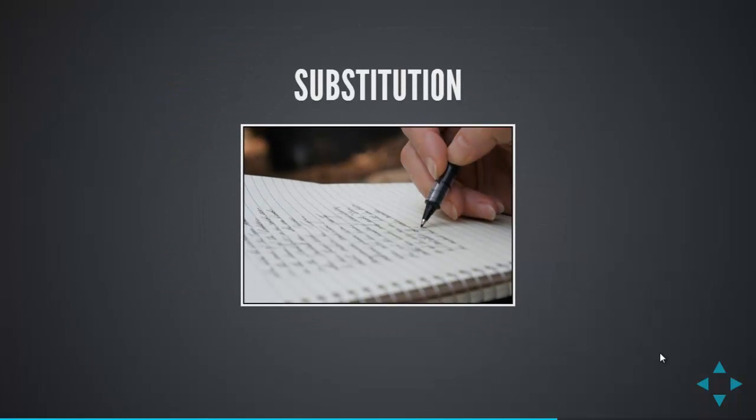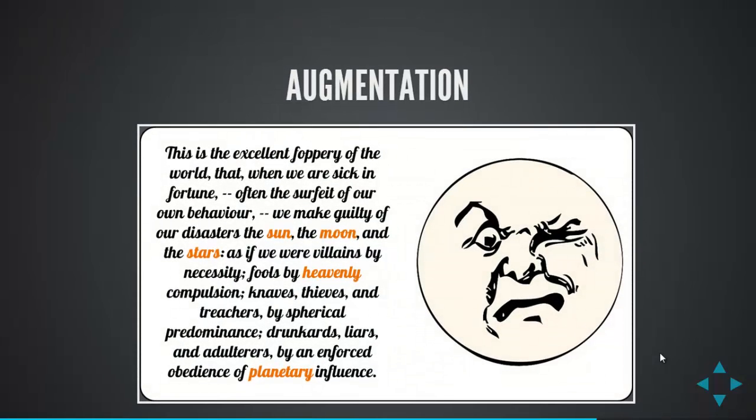So we talked about substitution, taking it from one example to the other. Then we have augmentation. This is enhancing learning a little bit. So it might be, in this example here, highlighting keywords in a different colour. Now, it's not really enhancing the learning, and certainly it's not much more than substitution, because we could do that with a different coloured pen.